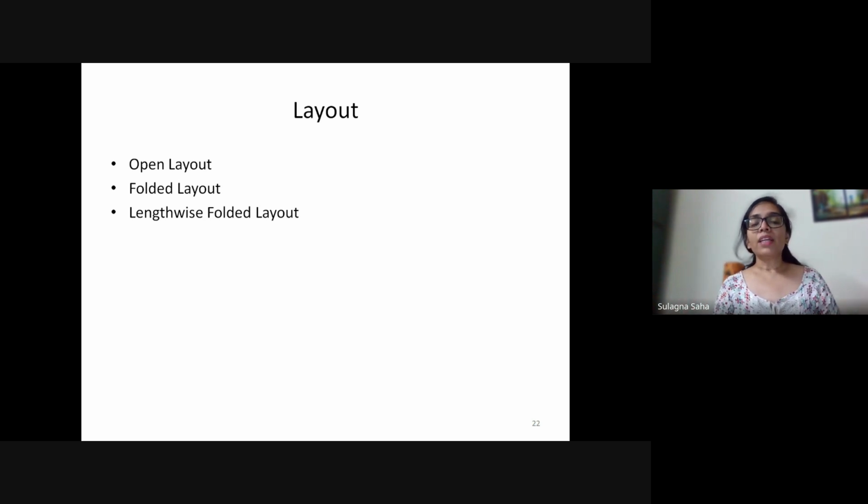Okay. Finally, we have a lengthwise folded layout. This is where the selvages of both the fabric, the edges of the selvages, are matched, and you have this layout. Now, in these cases, if you have, let's say, the back on fold and it needs to be cut, you can just keep the edge to the edge of the fold and you can cut it, and you do not have to make a full pattern. Very rarely used in the industry, but works specifically in tailoring and those sort of things.